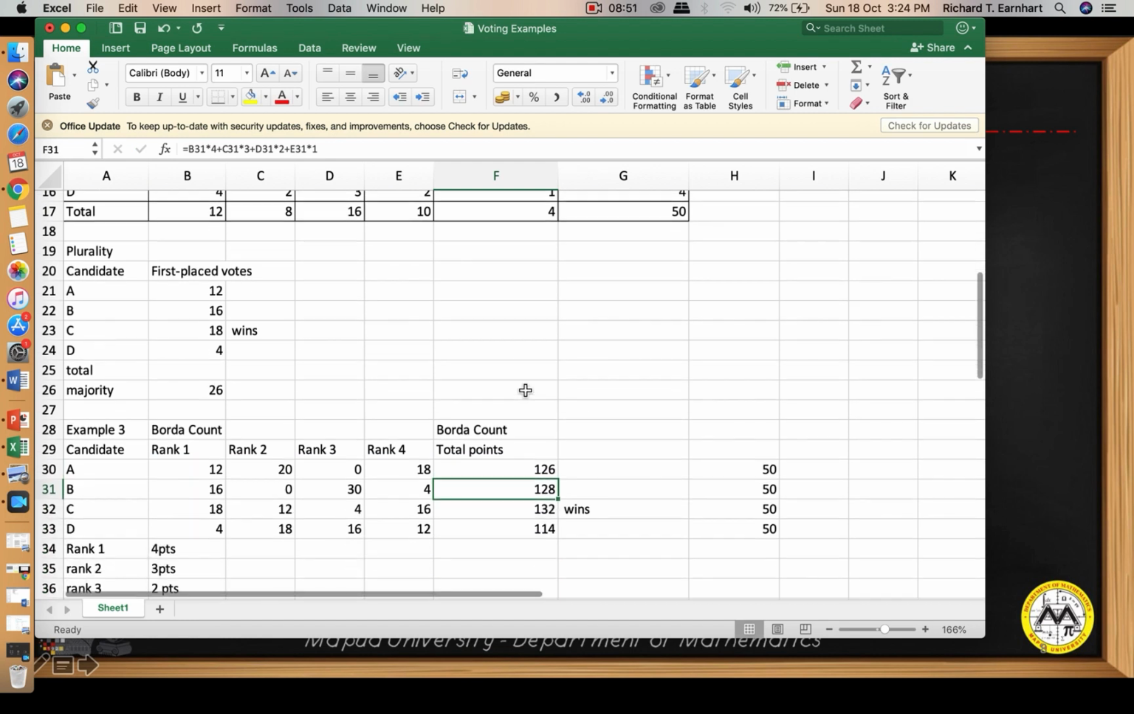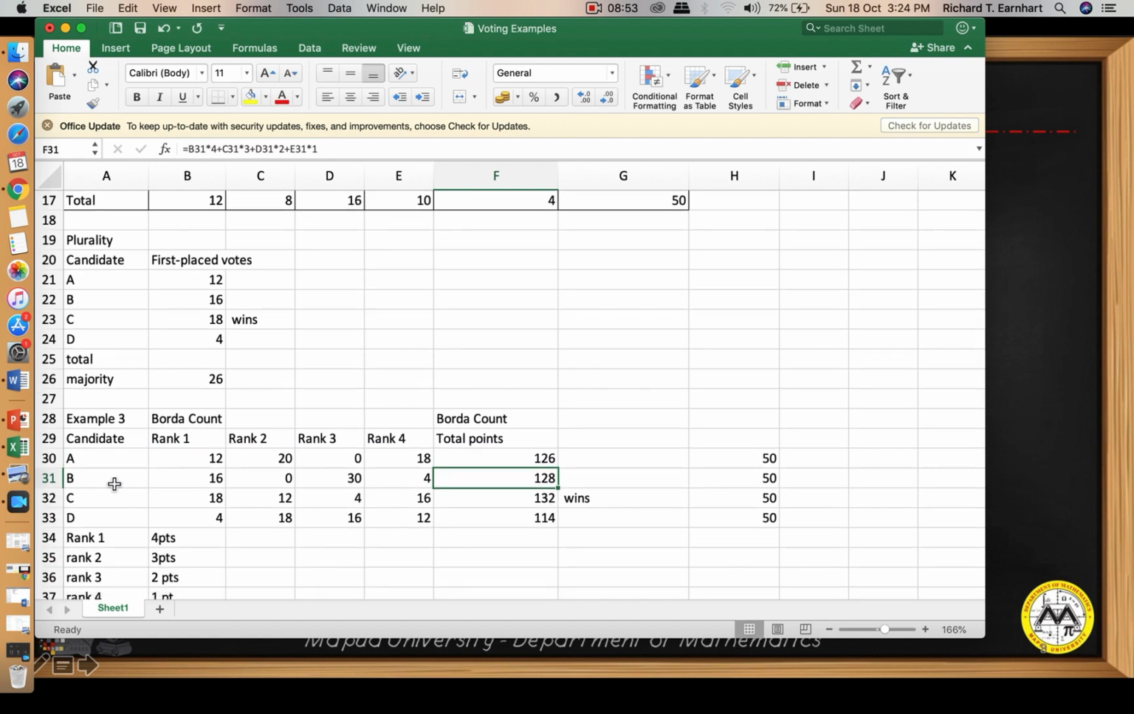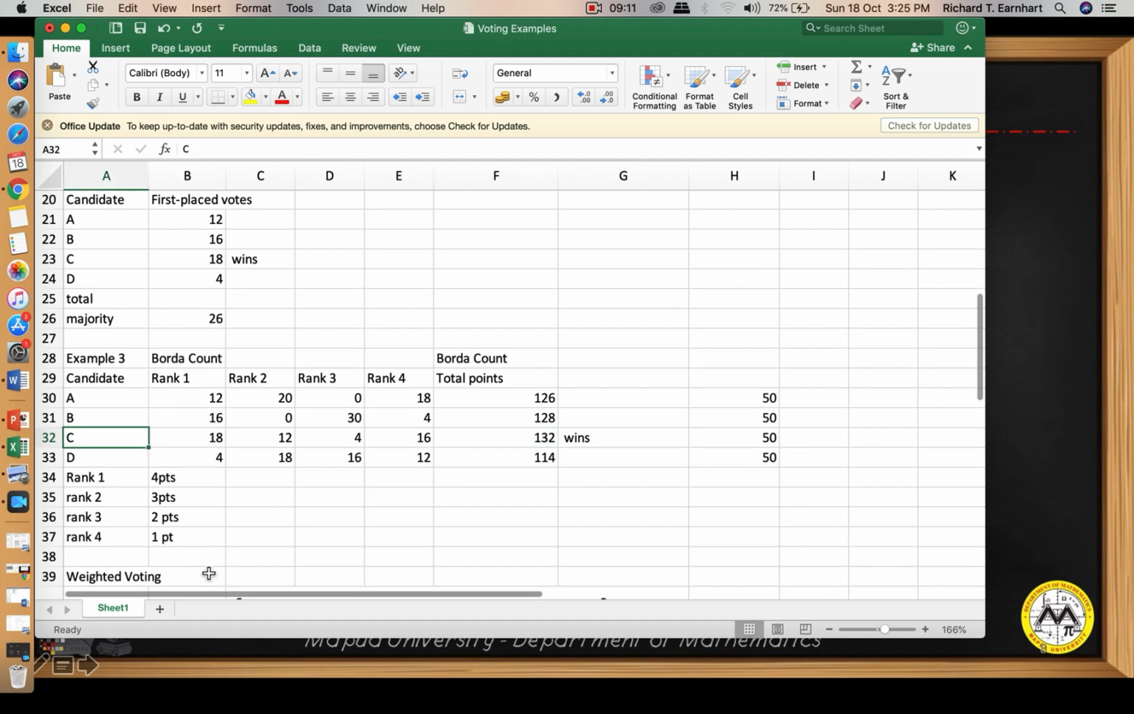So in the same manner, you do it for candidate B, candidate C, candidate D. And then we check for the highest number of Borda points. So that is 132. So in this method, candidate C wins the